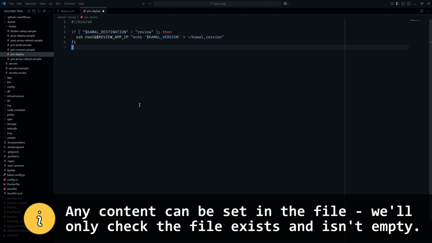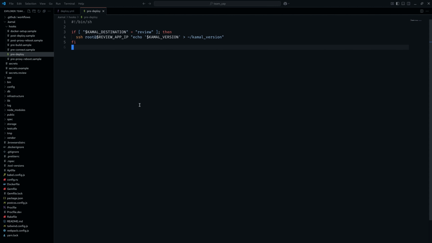So you don't need to use this environment variable. You can use any text for this purpose as long as you set something inside of the file just to indicate that something happened. This wraps up the pre-deploy hook. So now we'll need to update our continuous integration workflow to check the existence of this file and determine which